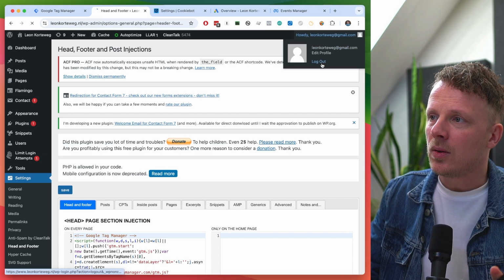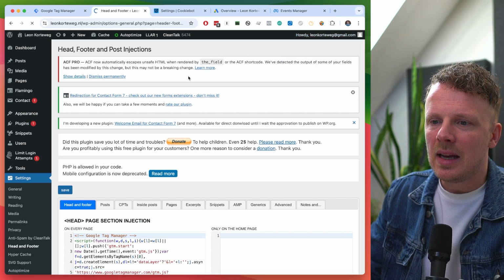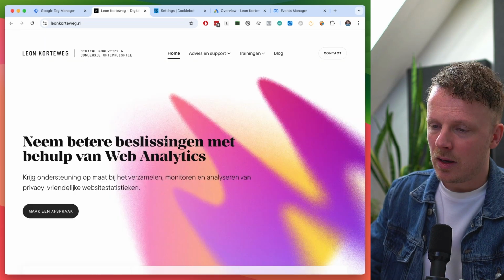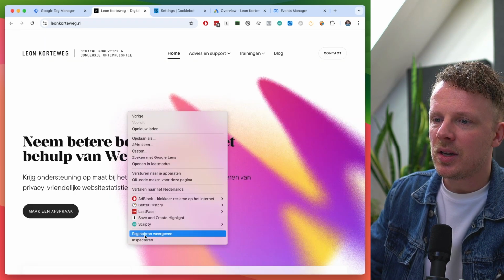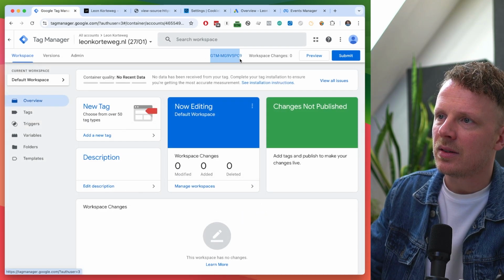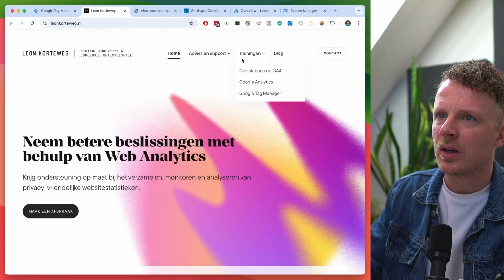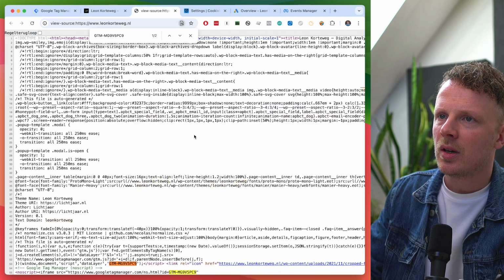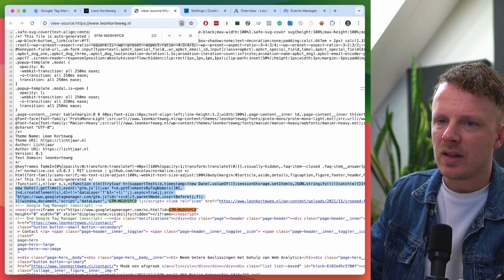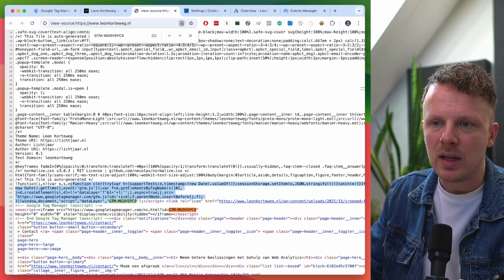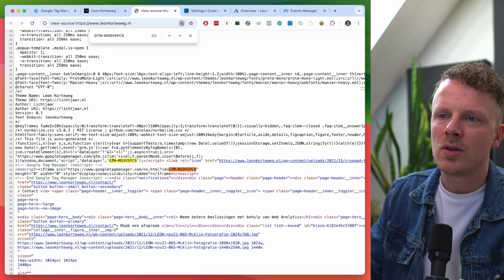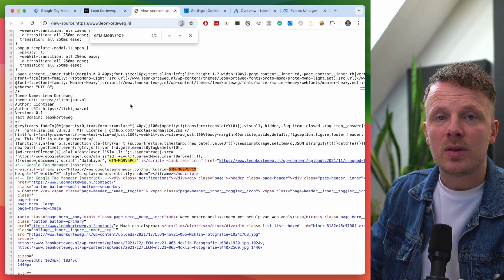I can log out now and go back to my site to check if my Google Tag Manager script is added. So let's do that. So I'm here on my home page. I'm going to right click and I'm going to say inspect the page source. I'm going to just look for the GTM identifier right here. So I'm going to copy this right here, and in my page source I'm going to look for this, and I see that my script is added, and it's usually scrambled a little bit through the compression of the pages that I'm using, but I see that the script is inserted,